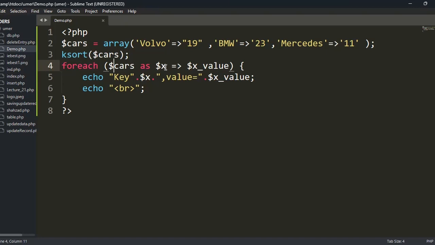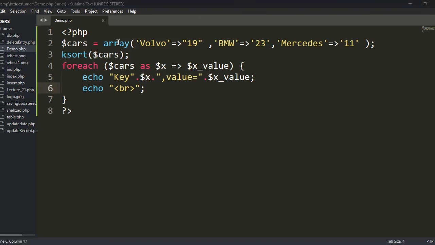For the foreach loop, I need to give the key. Okay, the unique key where I identify. That's why I have taken the $x, so you can take the key as it is. And then here I stored a particular value in that key. So here I just call the key, then I declare the key as it is, and then I call the value, simple. Now I need to save the file, and we'll see how the ksort function works